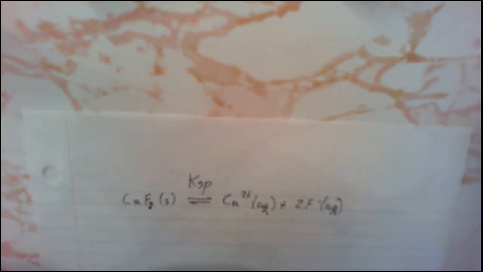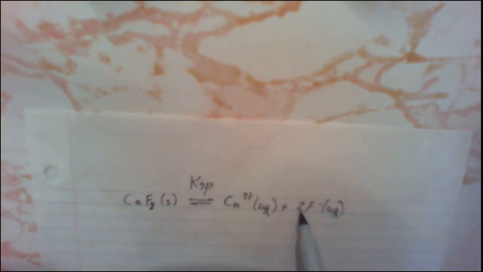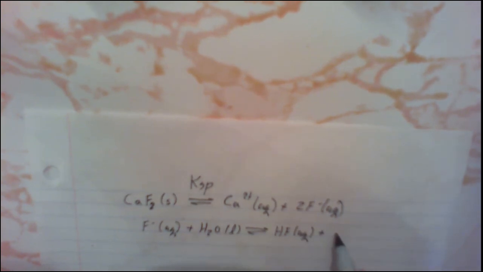So another relevant equilibria is that even though the calcium ions are neutral, fluoride ions are basic. So the fluoride ions, being basic anions, will react with water to a certain extent to produce HF and hydroxide ions. And the extent to which this reaction occurs is given by the Kb of the fluoride ion. So in an acidic solution,